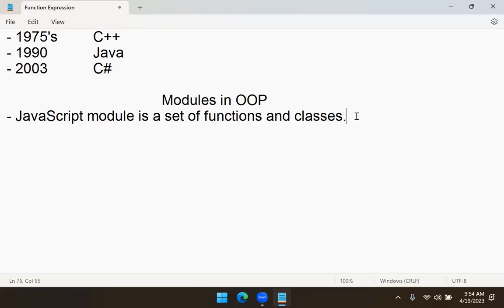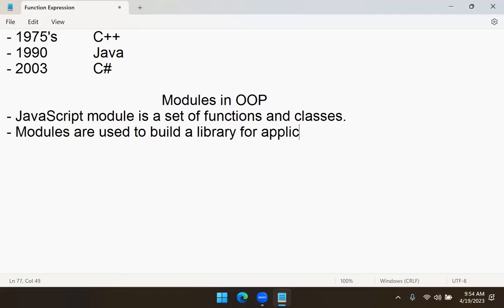What are classes? We will see that. What is the advantage of keeping them in a module? Modules are used to build a library for an application,